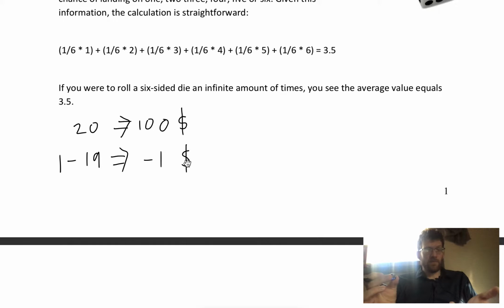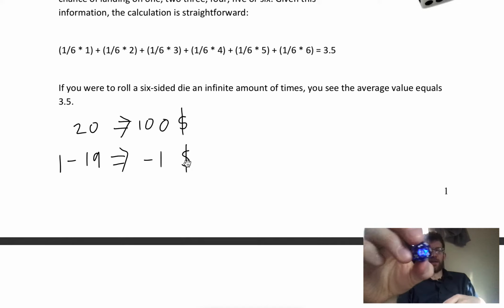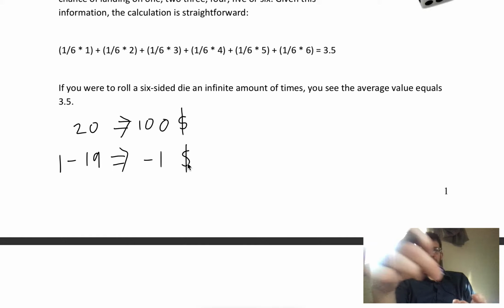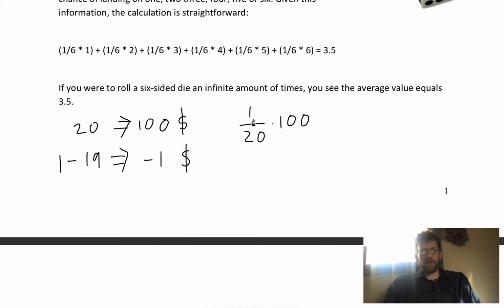Would you play this game? Well, to do that, we have to figure out the expected value of this game. We want to see whether or not it's a good idea to play the game just monetarily with our probability, or whether it's a poor idea to play this game. And all we have to do there is just realize that, okay, well, what is the odds of getting a 20? Well, it's 1 in 20, right? So 1/20th of the time, we get $100. So 1/20th times 100,